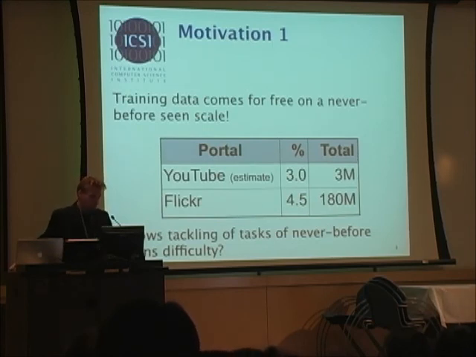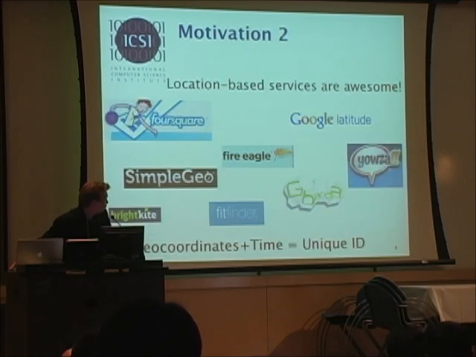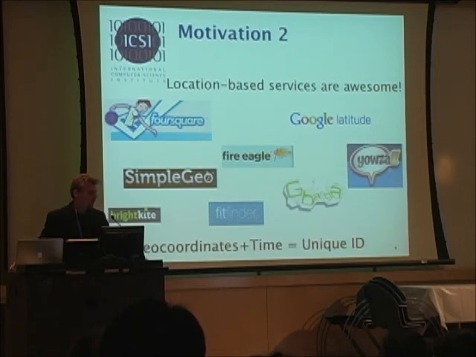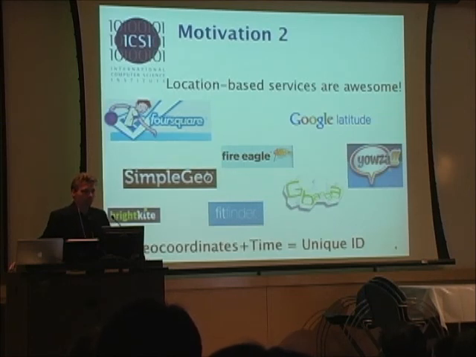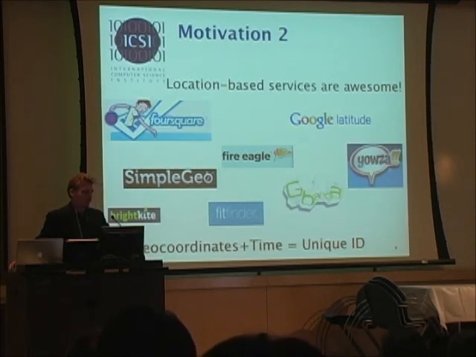Of course, then, cool, now we have an interesting academic task. Is that actually useful? Actually, there are a couple of uses. First of all, geocoordinates in time are a unique ID. That's why every social network now tries to get your location. So it's really good to identify and track you. Whether that's good or bad is your own choice sometimes. But basically, it's a really big hype, and there's lots of technology being enabled by geolocation.